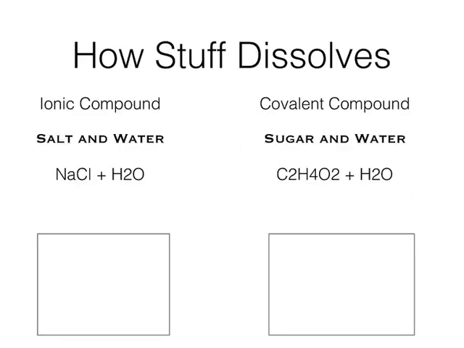This next slide will talk about how stuff dissolves. First of all, we know that there is always a solute and a solvent in these mixtures. There are two different kinds of compounds, one being an ionic compound, while the other is a covalent compound. The ionic compound can be represented by salt,